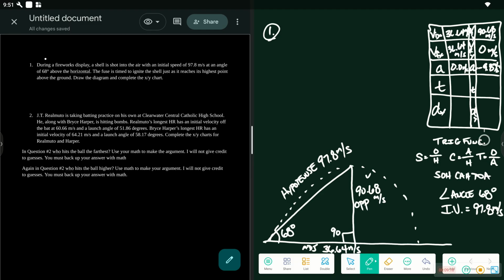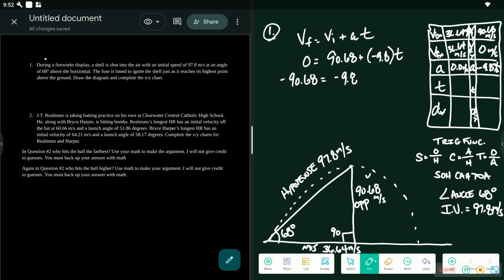VF equals VI plus A times T. We're going to use the Y values to figure out the time. Remember, the time is for both. So VF equals 0, VI is 90.68, plus a negative 9.8 times T. Negative 90.68, you subtract it from both sides. Negative 9.8 T, divide both sides by negative 9.8. And your time equals